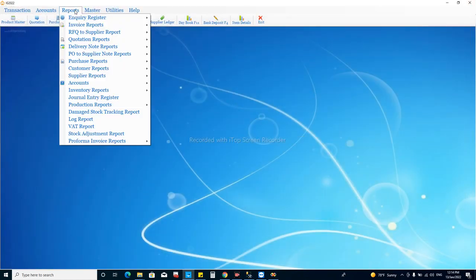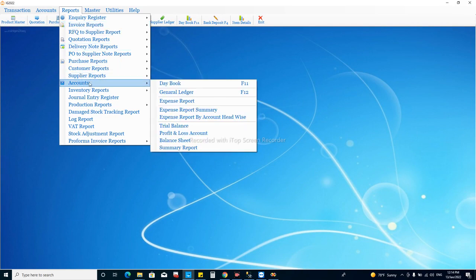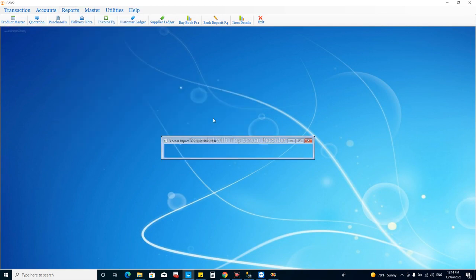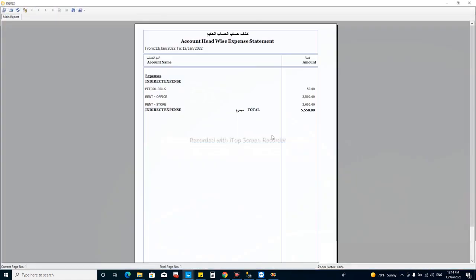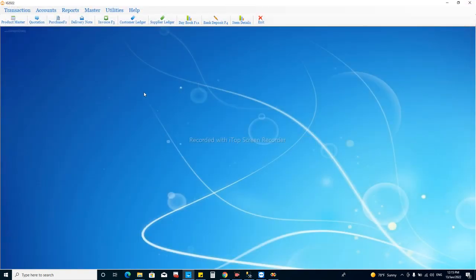And there is another report for the expense by account wise. Like this it will show indirect expenses or direct expenses, whatever we choose, and we can see account title wise, account group head title wise, a kind of breakdown. You will get the report. Anyway, there are these kinds of reports that we can utilize.